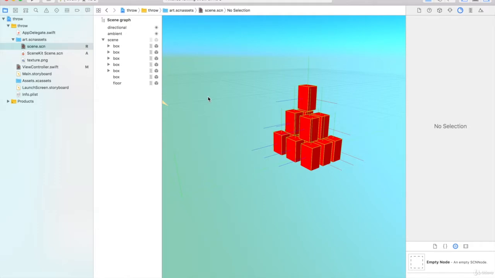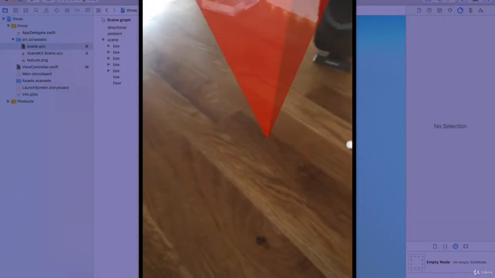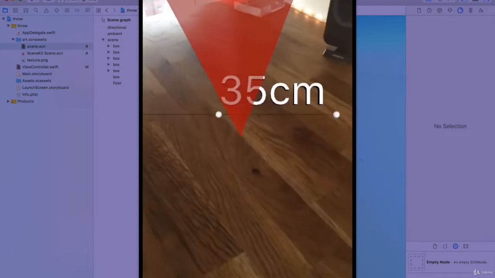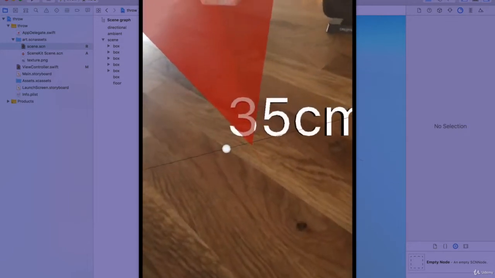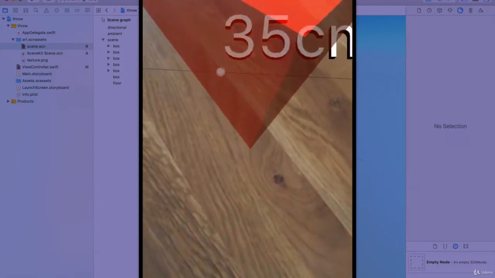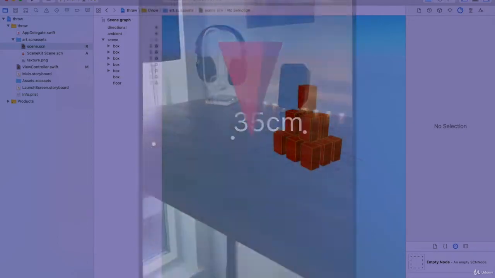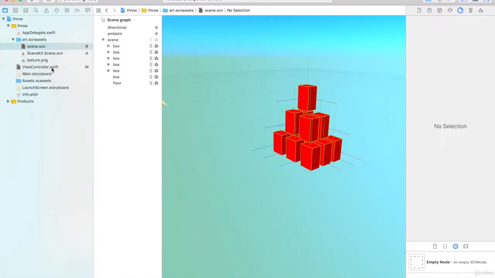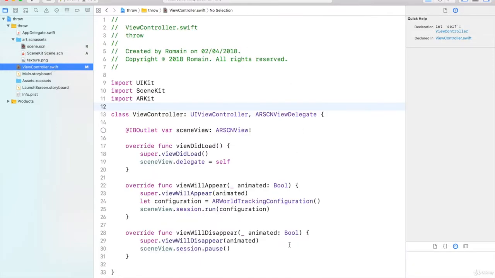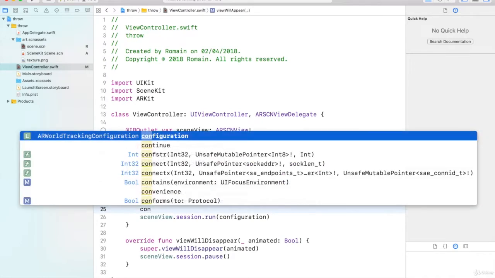So if you remember, we used the renderer to move the arrow and the pointer on the floor or on surfaces. This is pretty much the exact same thing we need to do, with just one exception: we'll actually have to make sure that we know what the Euler angle is as well. So let's go to the view controller, and I have cleaned this up. As you can see, this is just as usual, so make sure you have the scene view delegate and a configuration. We will add our plane detection,